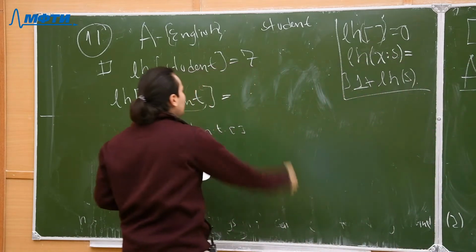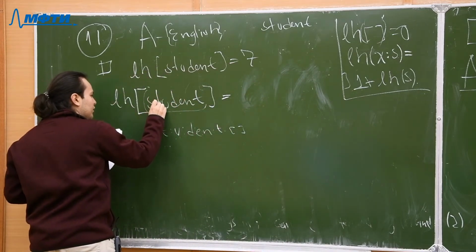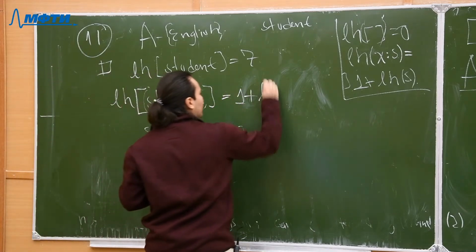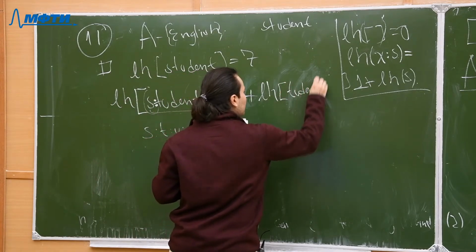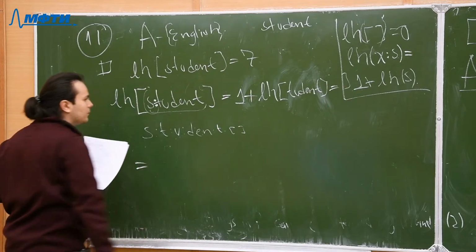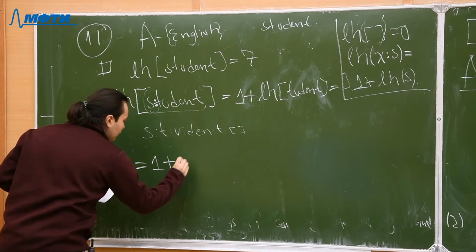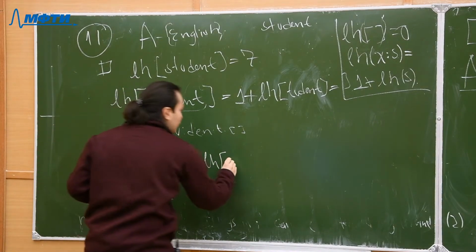So let's write it right here. We have 1 plus the length of what? Student, right? This is equal to 1 plus 1 plus the length of "udent",